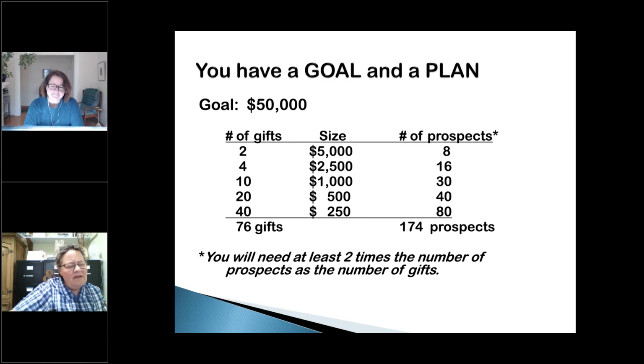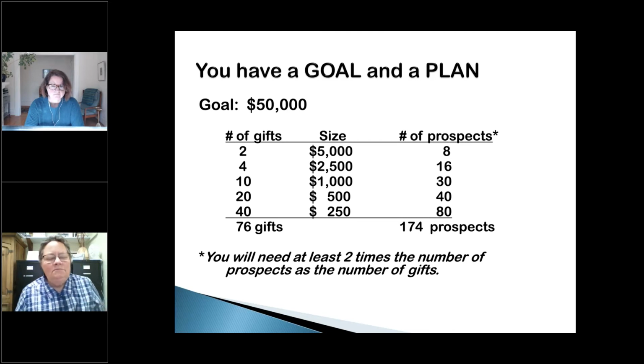But the basis of a gift range chart is the idea that whatever your goal is, and here I've used a very simple goal, $50,000. This could be your goal for a year for some of your really small groups, but it could also be a goal for three weeks or six weeks. Doesn't matter. The idea is, for any goal, $50,000, $50 million, you're going to need at least two gifts that are about 10% of the goal. You're going to need another four to six gifts that are another 10% of the goal together. And you're going to need another set of eight to ten gifts that are another 10% of the goal. And then after that, you just need more gifts at less money.